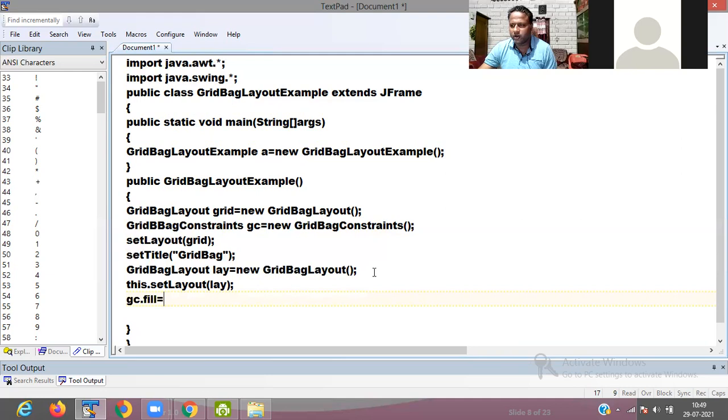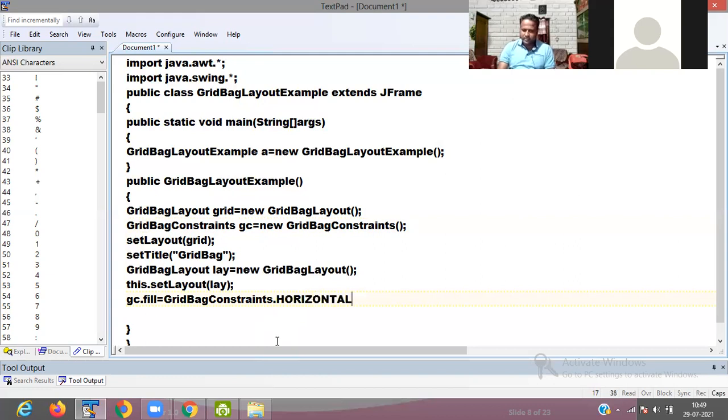For gc.fill, what you have to pass is GridBagConstraints. So GridBagConstraints.HORIZONTAL, the GridBagConstraints constant is horizontal.